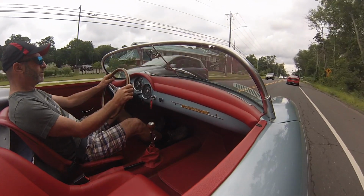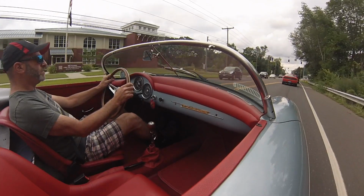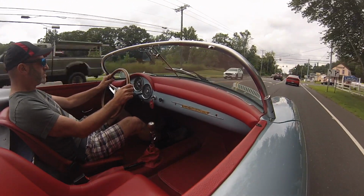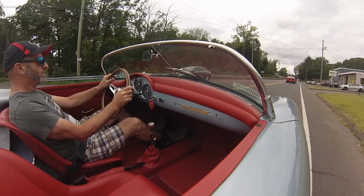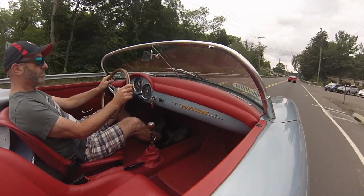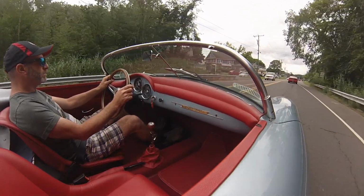I'm in third gear here just through some traffic, and there's a lot of torque down low. Of course, it comes into its own around 4,000 RPMs and really comes to life. It has a very distinctive air-cooled flat 4 sound, which is really nice because you still retain that Speedster-esque sound and feel, but there's so much more power than the stock cars at a fraction of